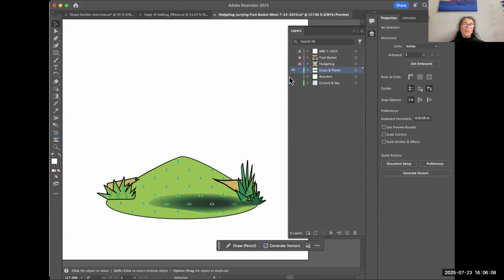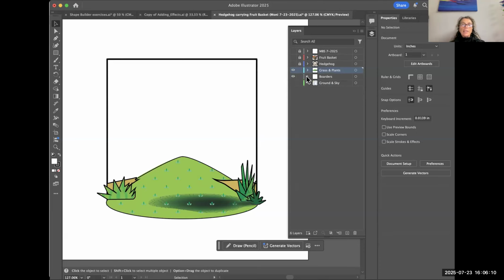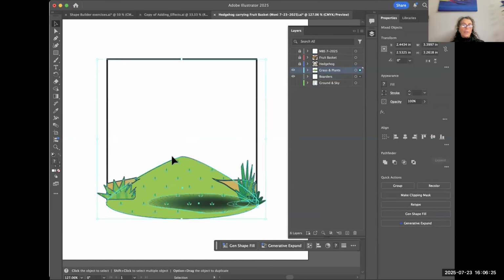But let me just show you what I was trying to say before. Say that I wanted to put the borders now, and they're not locked. If I wanted to group the borders with the grass and the plants, they are 2 separate layers. They are not on the same layer. So if I select it all and try to group it right now,